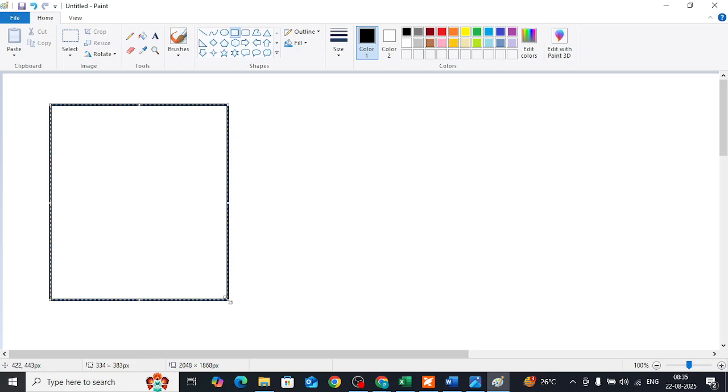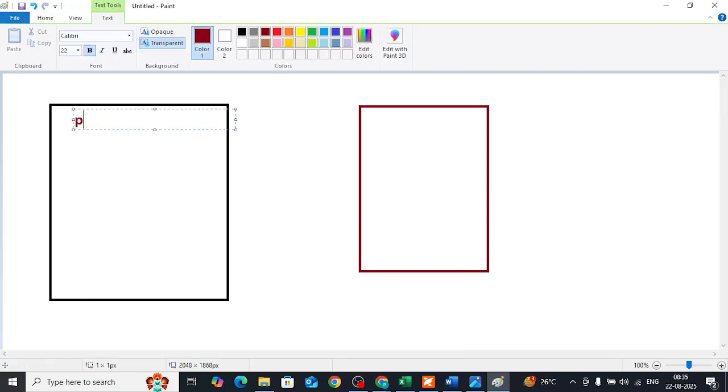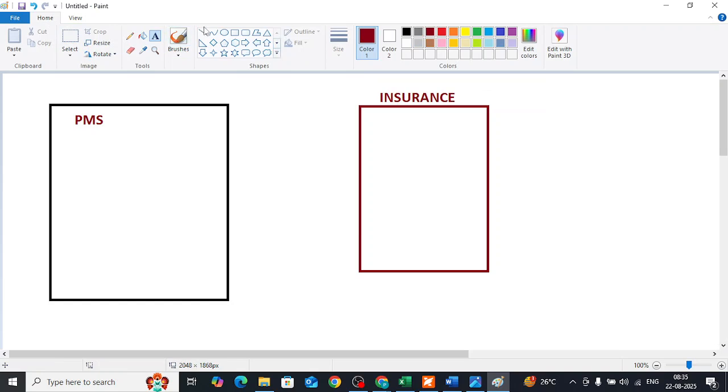For example, this is our PMS, practice management software, and this is the insurance company. And if you are billing any claim for the first time from our software to the insurance,